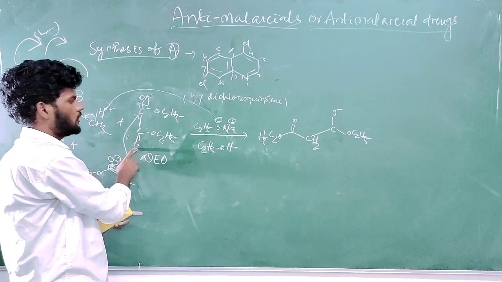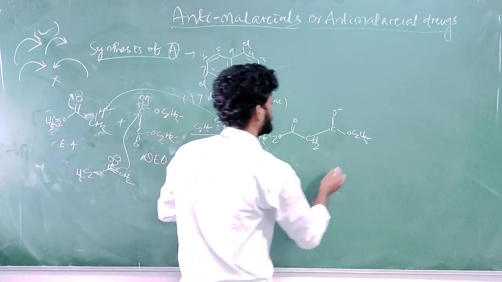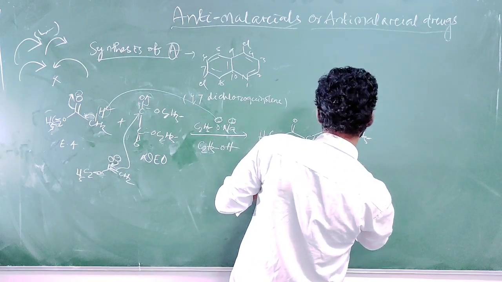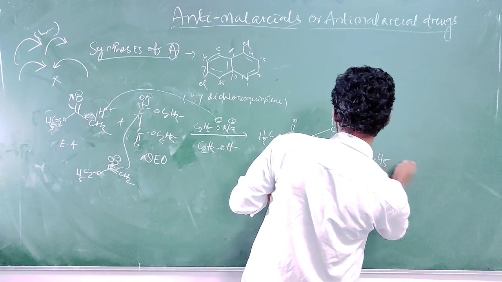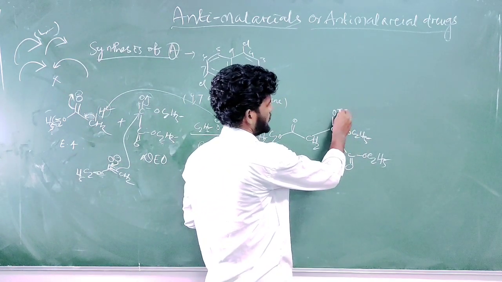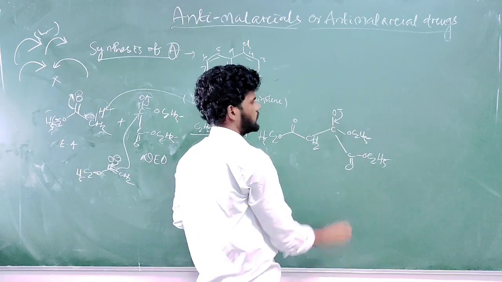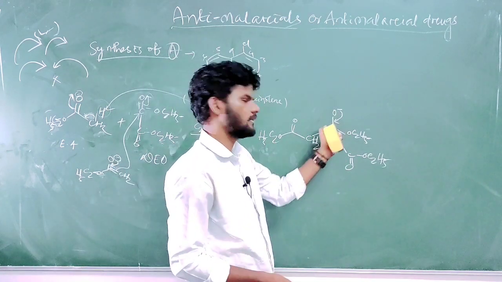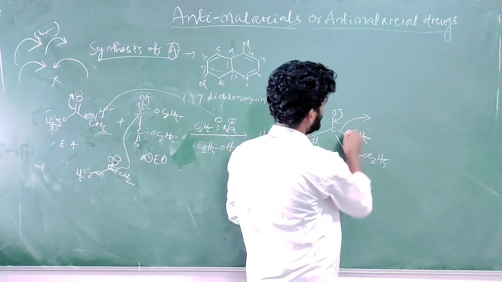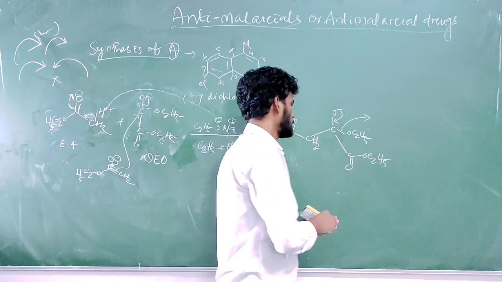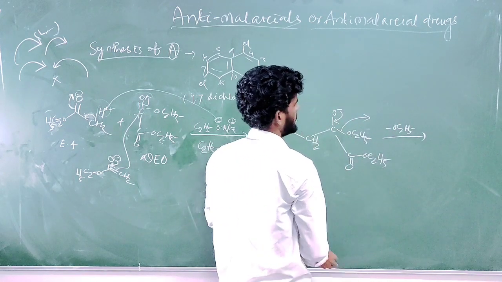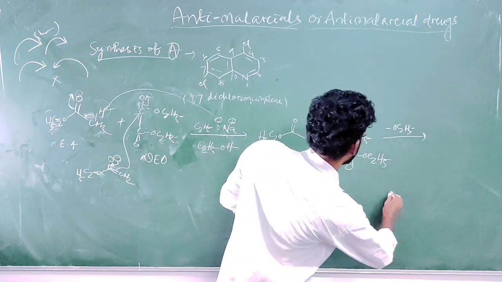Then this carbon is attached to another carbonyl and OC2H5 group. Okay, then what will be the next reaction? Next step, this negative charge again comes back to the carbon-oxygen. This is not stable as it is polar, so it will return back, and OC2H5, ethoxide ion, is a good leaving group, all of you know. So what will it form? Minus OC2H5. What will it form? I am writing here.